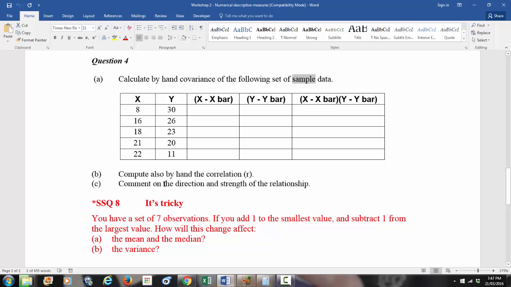So the next thing that we need to do is compute by hand the correlation coefficient R. So I'll just give you a little bit of a background into